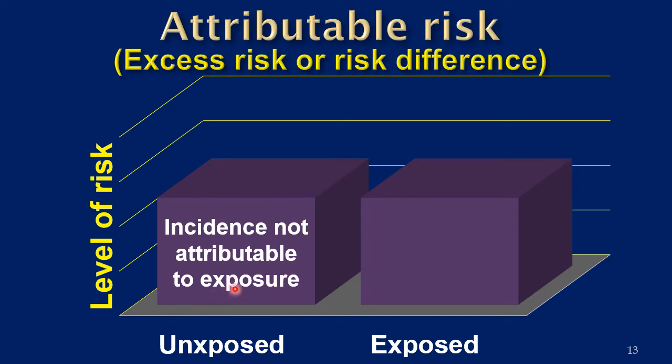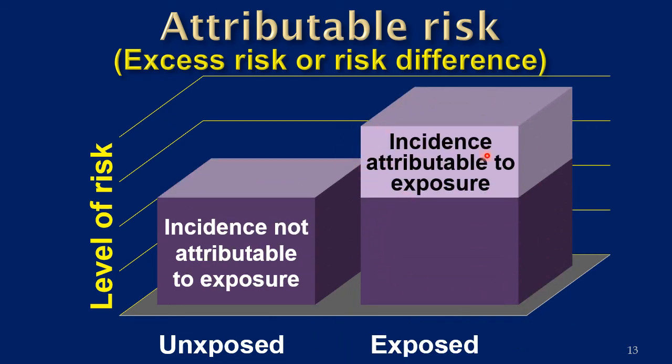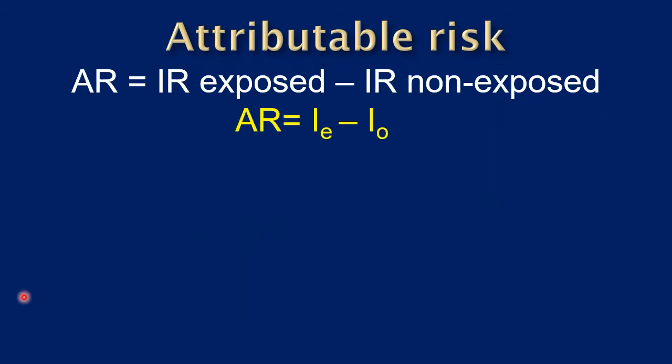Now, what happens after exposure? After exposure, the incidence of disease increases. This increase is attributable to exposure. So we have excess risk, excess incidence of disease attributable to exposure. So attributable risk